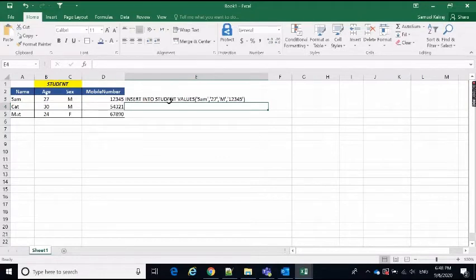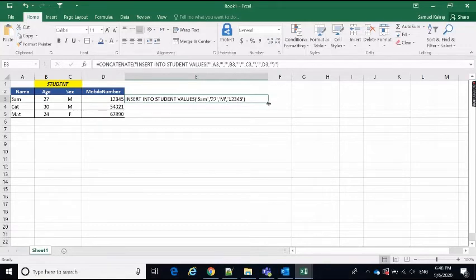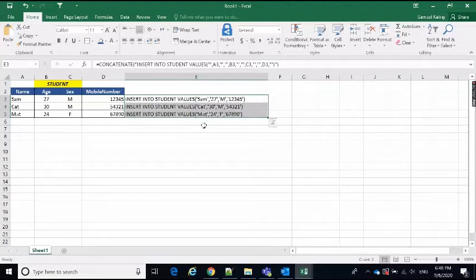So by using the Excel we automatically prepared the insert statement to insert into the table. Now if we copy the formula to the remaining rows, it will dynamically generate the data.